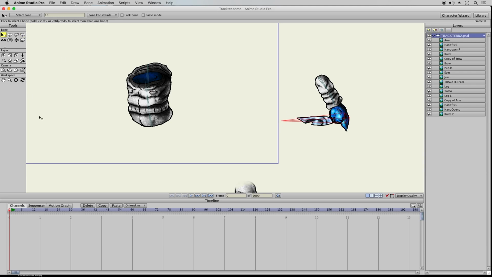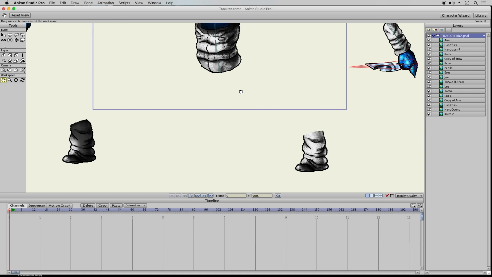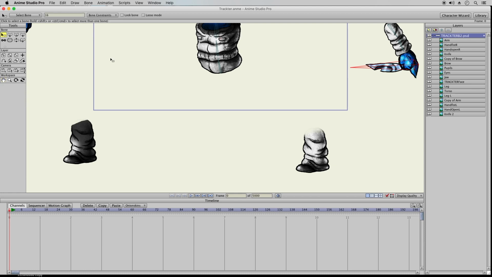That's what all these bones rely on, the pivot point. So if you, for example, selected the knife and then I wanted to start on the legs, that would be the wrong pivot point for the leg. So that's why I have to go select the main pivot point for the torso,